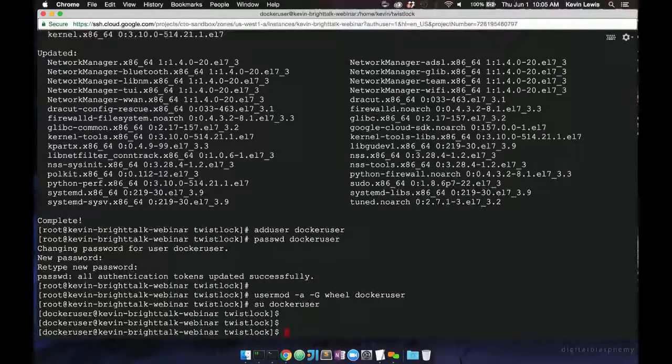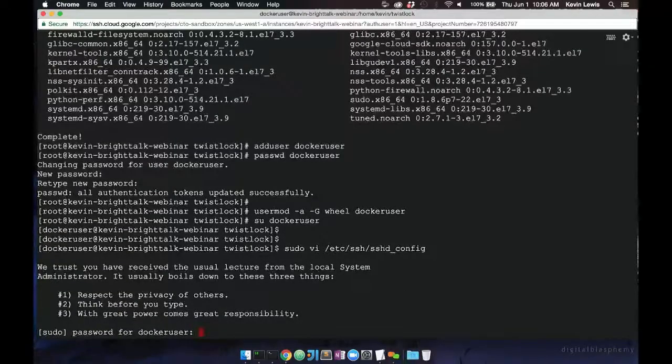So at this point, what I would do if I was running a new box, I would go ahead and configure the SSH daemon. In the case of Google Cloud and some of the other cloud providers, some of this securing has actually already been done. But I want to point out where you would go to do this in case you are configuring from a default install. This is something that you would want to do. So we'll edit our SSH config,